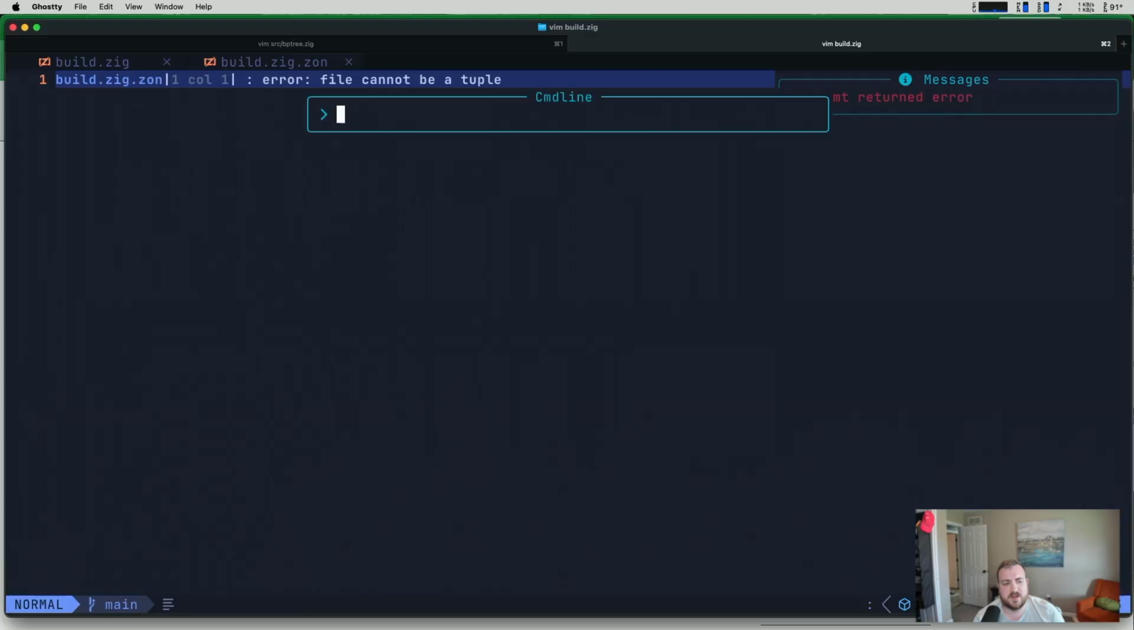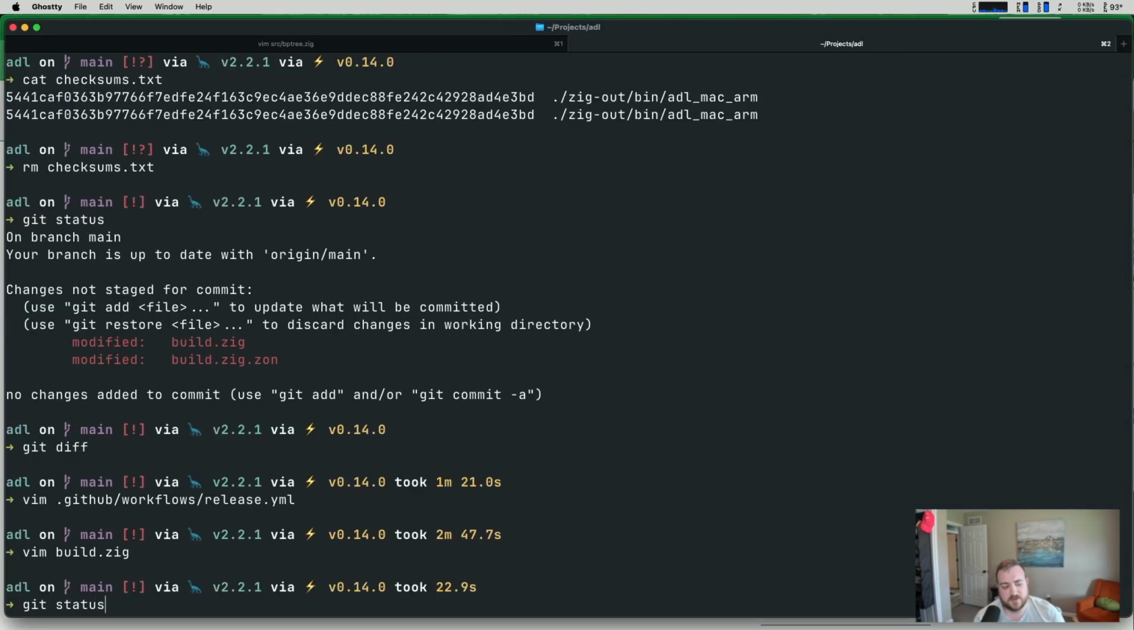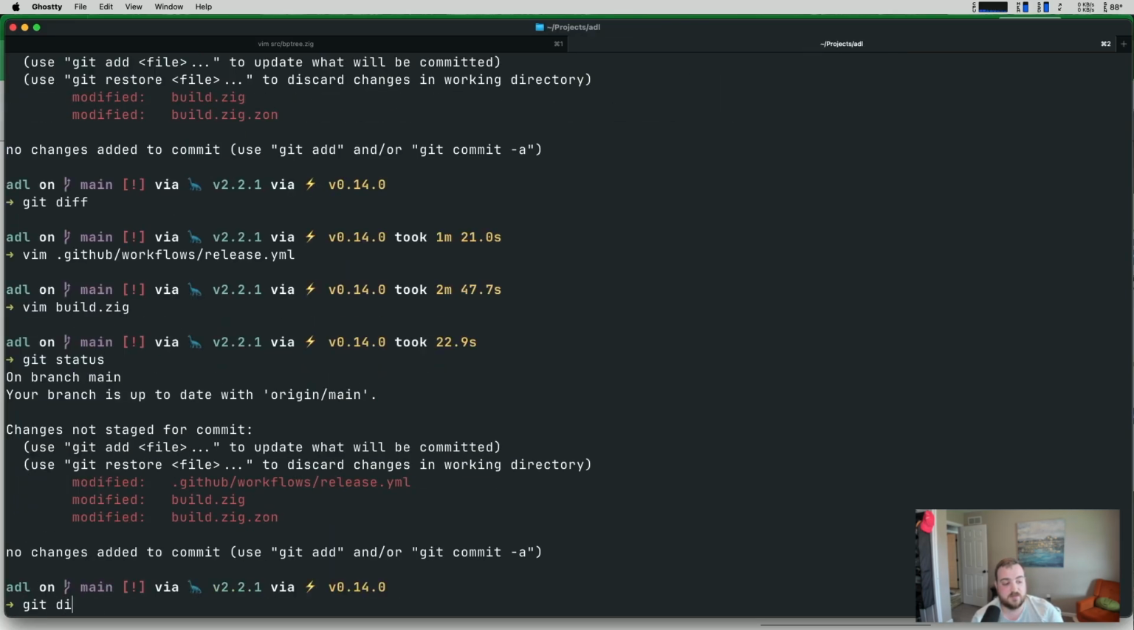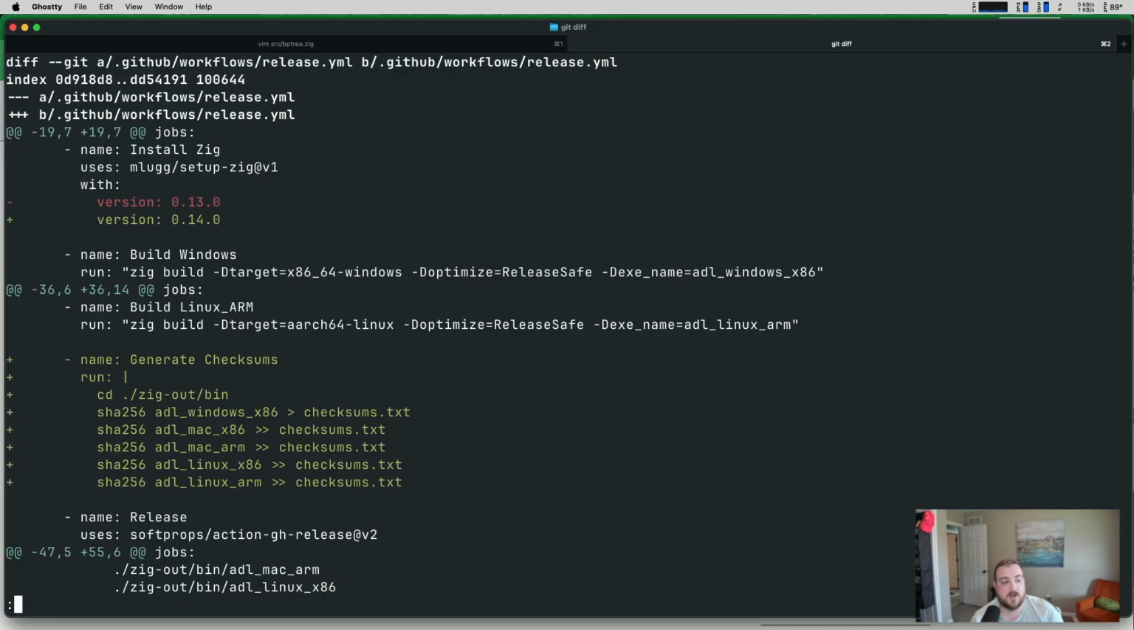Keep seeing this LSP error. I'm not sure why that keeps showing up. If I run zig build, it builds successfully, so I think it might just be an issue with the LSP server. Not too sure. Anyways, now that we have this updated, we can check out the diff right quick, updating the version of zig